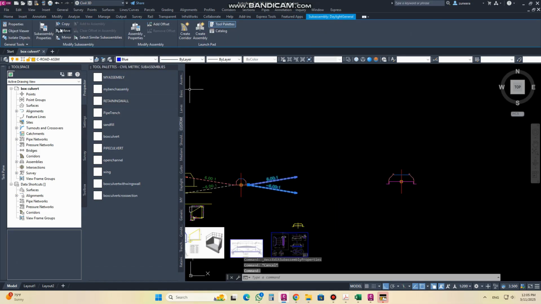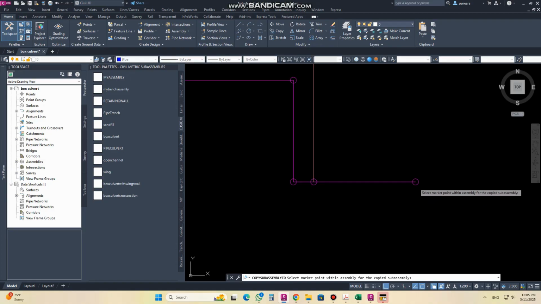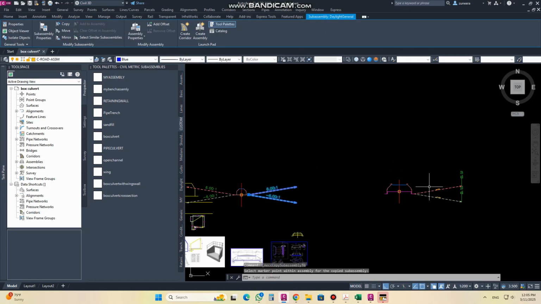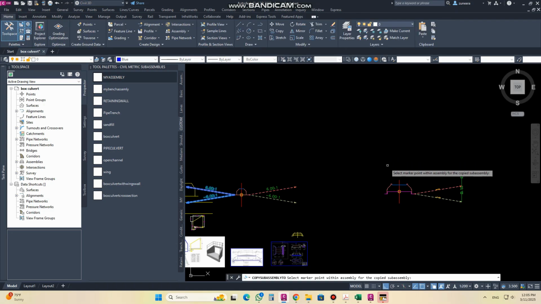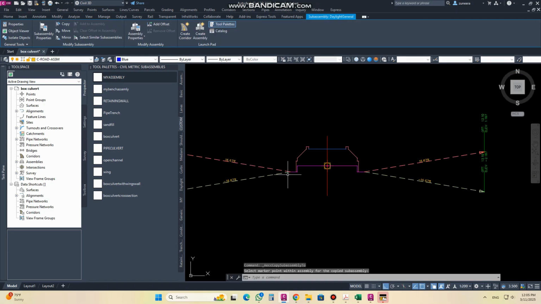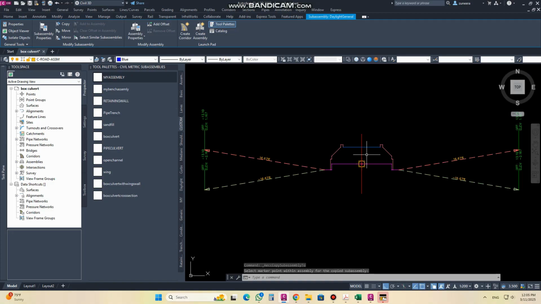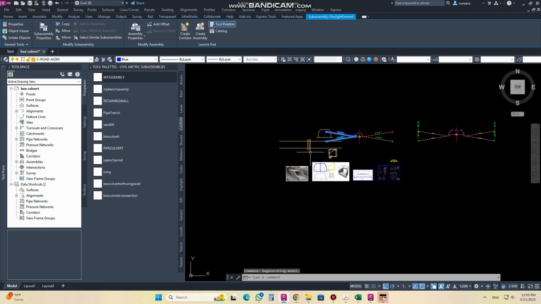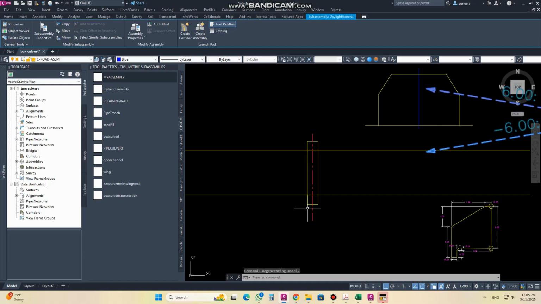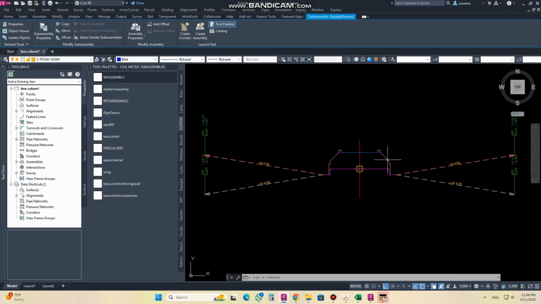So to apply in the cross section, I will copy the side slope on both sides. So like this, you can create the section for the box culvert, and then according to your length, you can use it in the cross section to calculate the volume of excavation. Like this one, the longitudinal and the cross section we have already made in method number